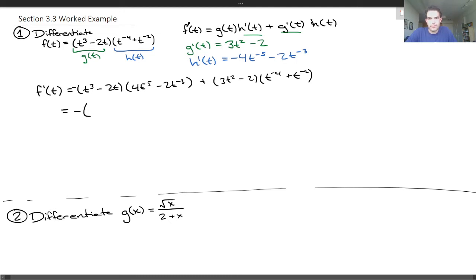So I'll go through this. We FOIL this, we get 4t to the minus 2. Remember the exponents add when you multiply them together, so negative 5 plus 3 is negative 2. Here, t times negative 2t to the minus 3, that's going to be just negative 2. The t's cancel. That's nice. Here we get a negative 8t to the negative 4, and here we get a